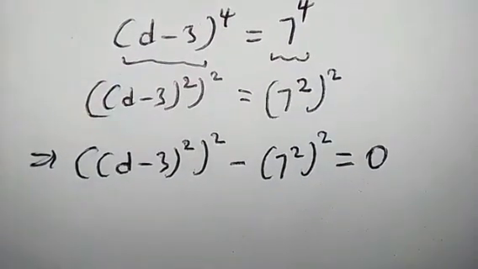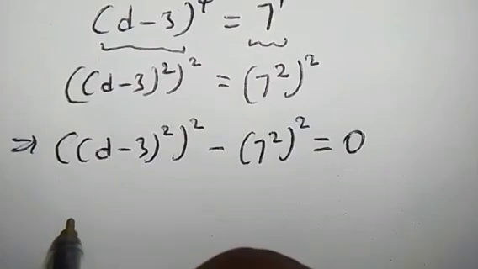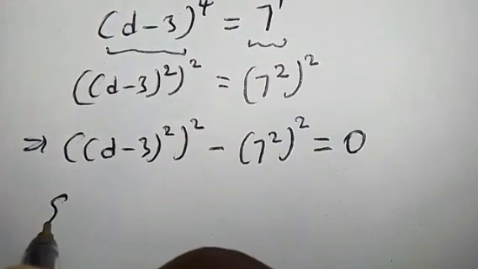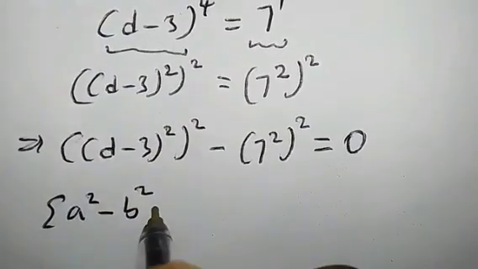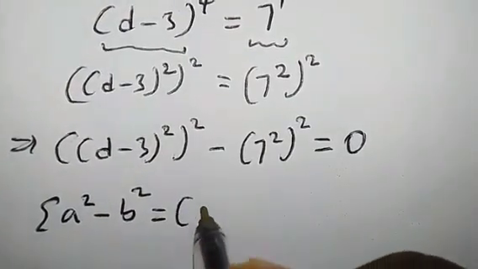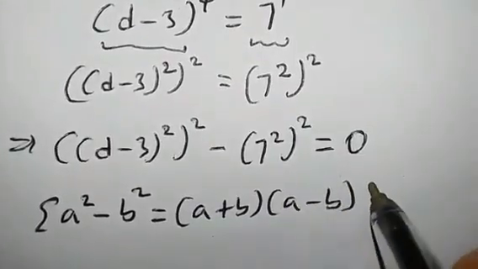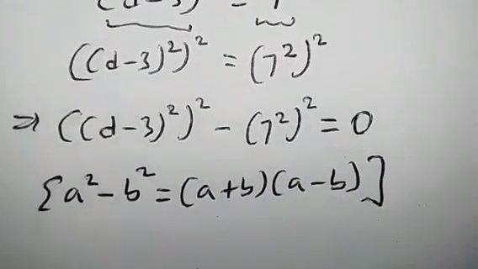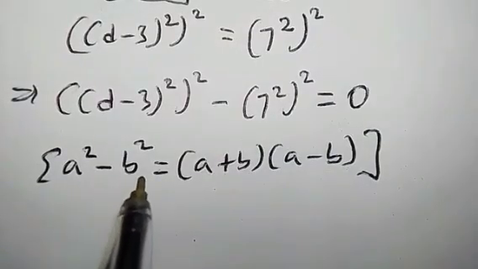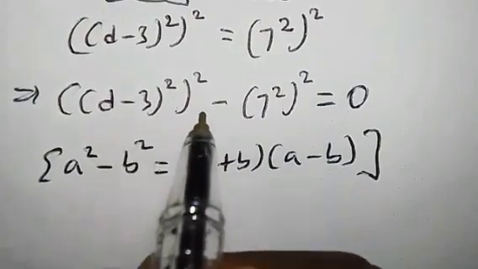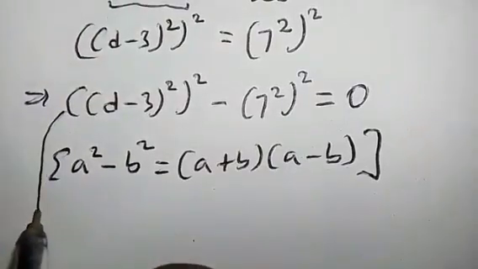At this stage, let us recall this formula. It is called the difference of two squares, which is given by a^2 − b^2 = (a + b)(a − b). Take note of this identity, very important. Now, applying this identity to the left hand side, we are going to have